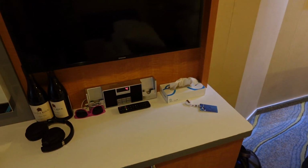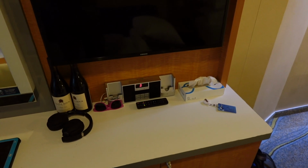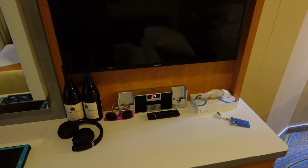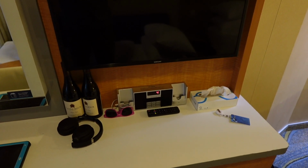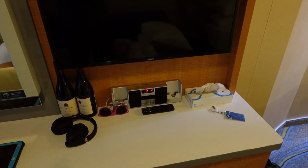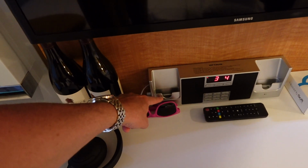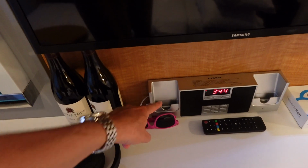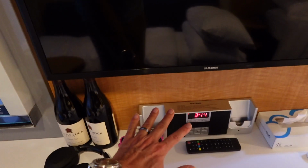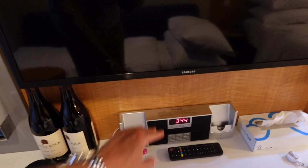You can see that the Allure of the Seas is from 2010, and this ship has not been refurbished, but on this cruise we're heading to Barcelona and it is going to be refurbished and amplified with a lot of new amenities. But one of the older amenities, you remember these? 32 pin Apple connectors for your iPods and your iPhone 5s, 4s, and 3Gs. That's how antiquated the ship is and it definitely needs a refurb, but they'll be removing these things when it goes into